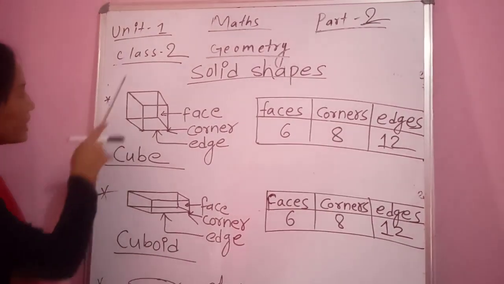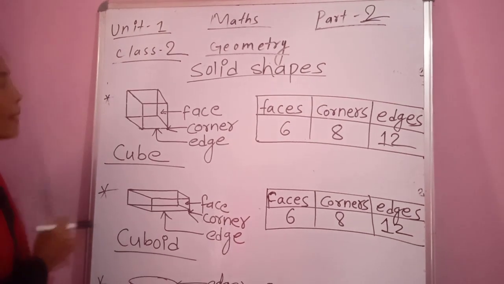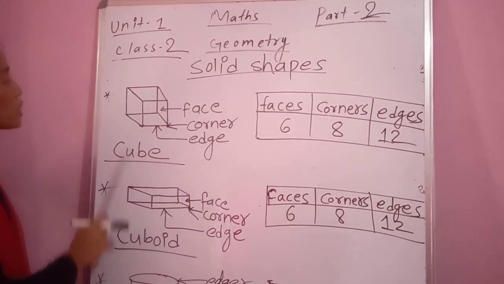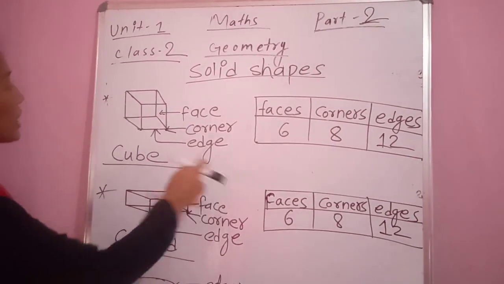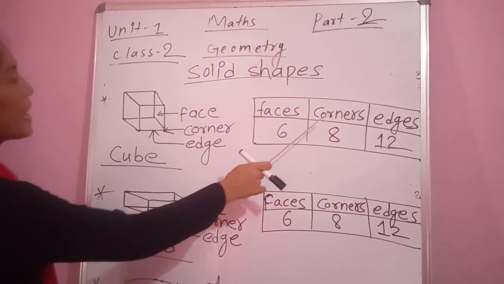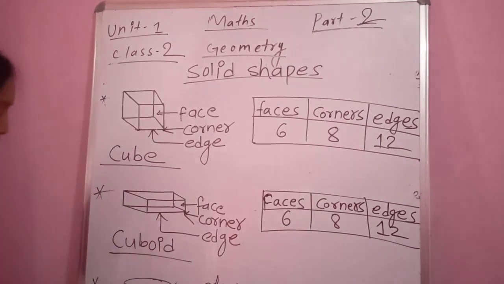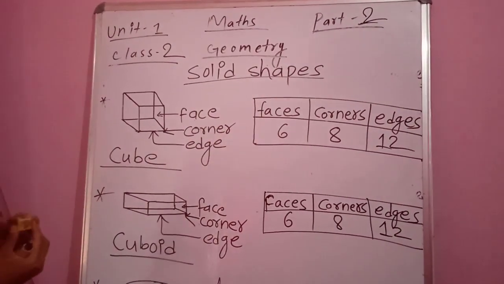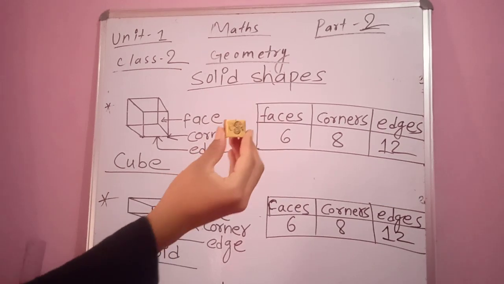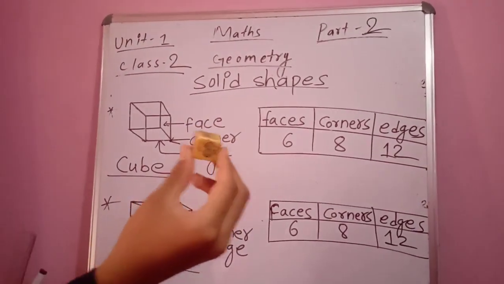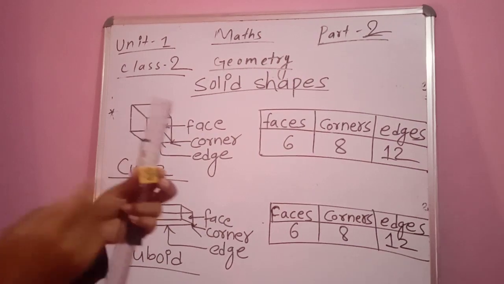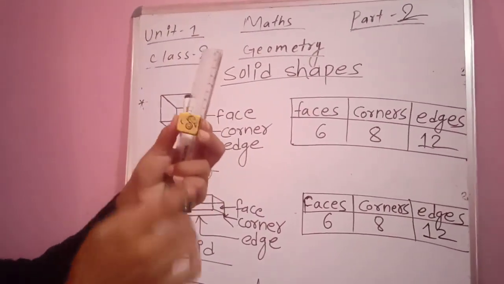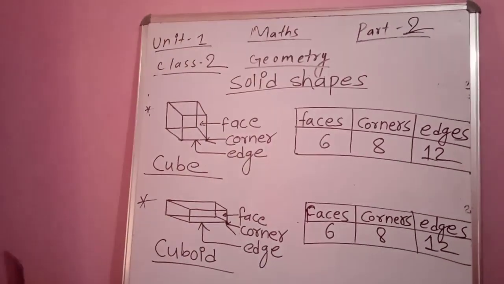And here are many lines, isn't it? So now I am going to tell you how many faces, or how many corners, or how many edges this cube has. Altogether, a cube has 6 faces, 8 corners, 12 edges. Now I am going to show you an instrument that is found in a cubical shape. This is a dice. So I am going to show the faces, corners, and edges of a cube that I have shown on this board, through this dice.